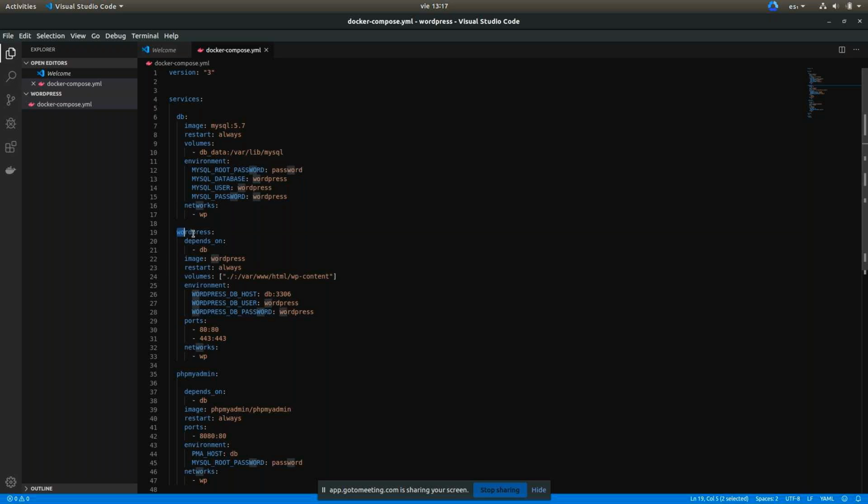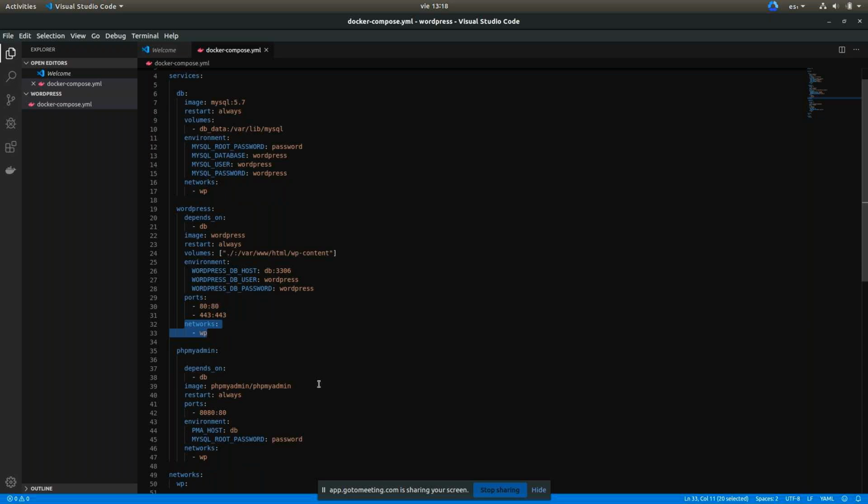Then we have the WordPress service that downloads an image from the Docker Hub that has WordPress, and sets a volume that we are going to discuss later, and also sets different environment variables, and then exports some ports to the user, and lastly defines a network.